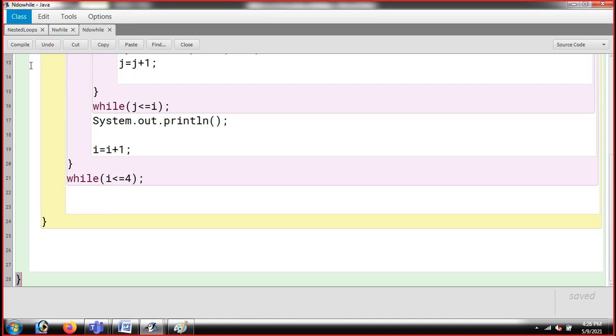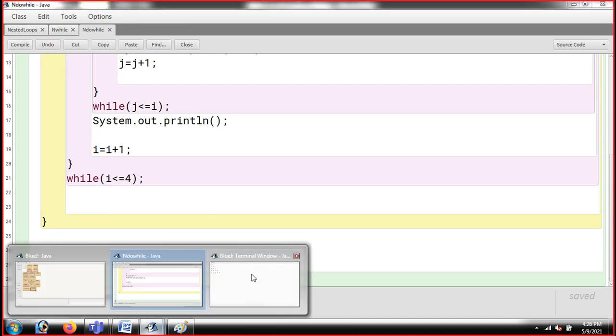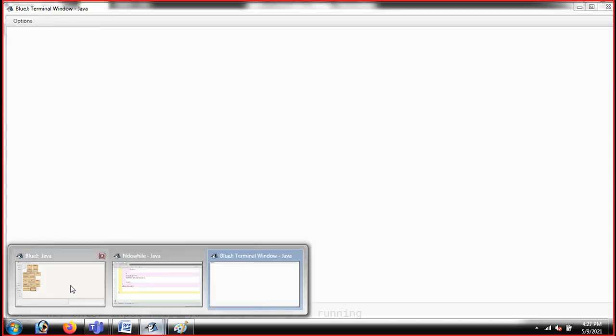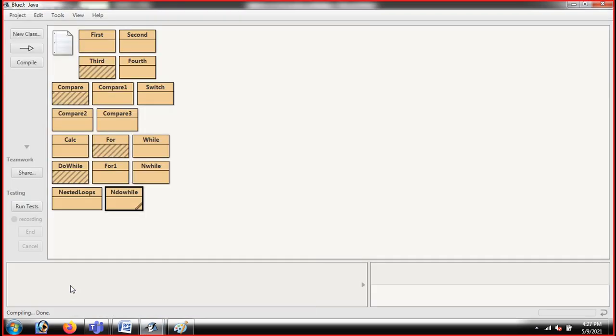So basically the code is ready, guys. I'm just going to click on compile, and I'm coming back to my output. I'm just going to clear this output so that you can see the latest one. In fact, the shortcut key is also there, and the screen will be cleared and you will be able to see the fresh output. I'm going to right click here, click on void main, and you will be able to see the output now.